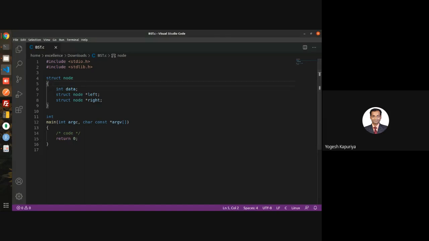So for that reason, we have to write a minimum of two functions: one function for inserting a node and a second function for traversal, right? So that will at least give us the idea about what we are doing.